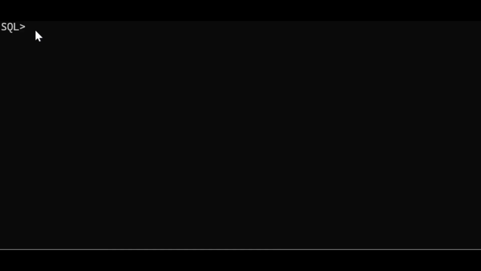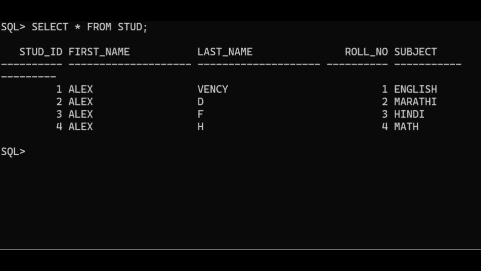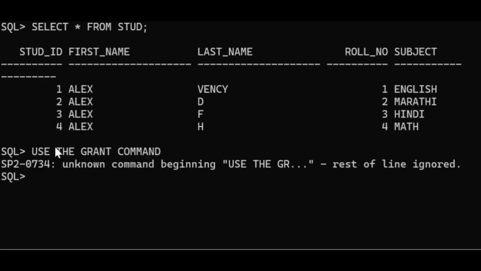Let's start with the example. First up, we will check the existing table here. For example, if you want to grant a user named John permissions to select data from the table called stud, we will write the command like this: